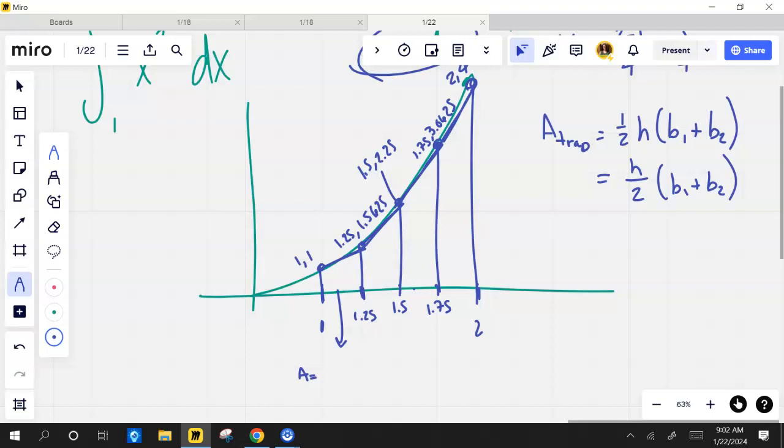What is consistently the same for every single trapezoid in here? Remember, my trapezoid's on its side, right? The distance between